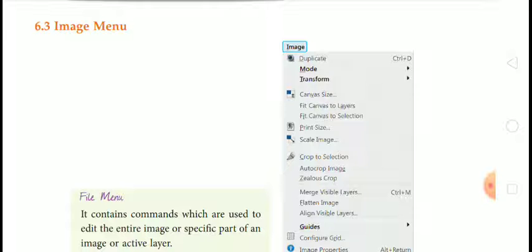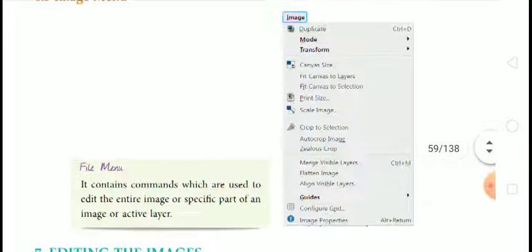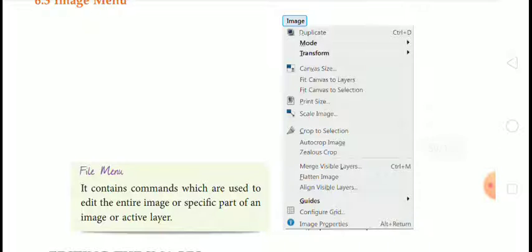Flatten image is also a different option. Align visible layers. You can align the layers which are visible on the screen. Next is guides. Then configure grid. When you click on the configure grid option, the grid option will be available.